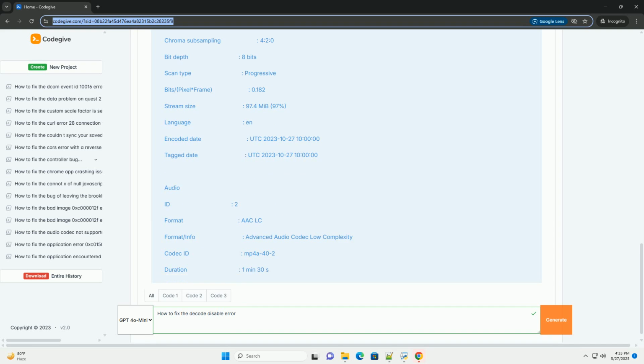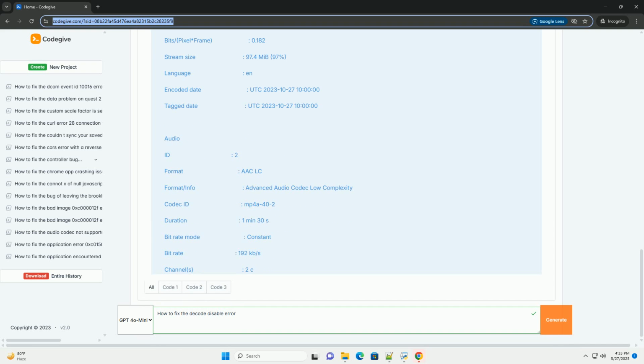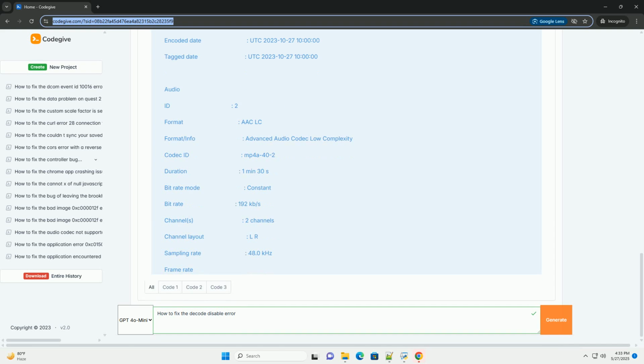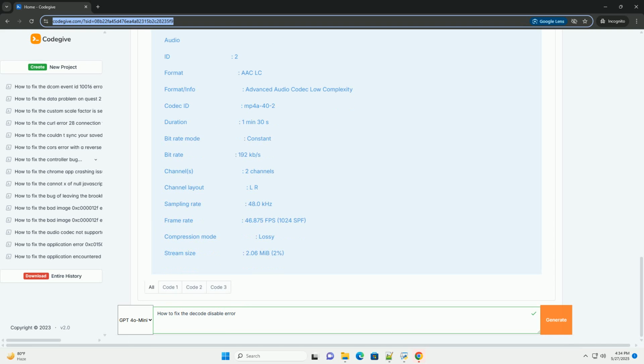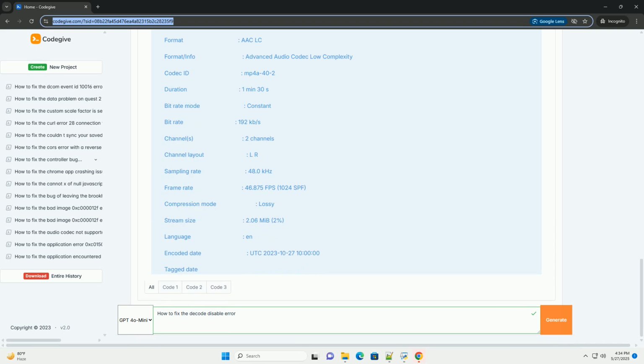1. Missing or corrupted codecs. Definition: codecs, short for compressor/decompressor, are software algorithms that encode and decode audio and video data. They are essential for converting digital media files into a playable format and vice